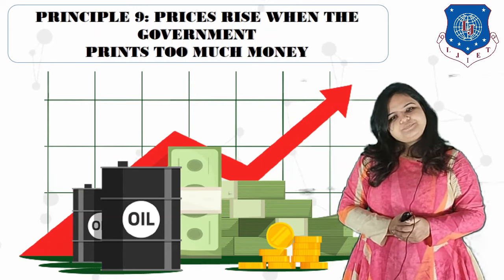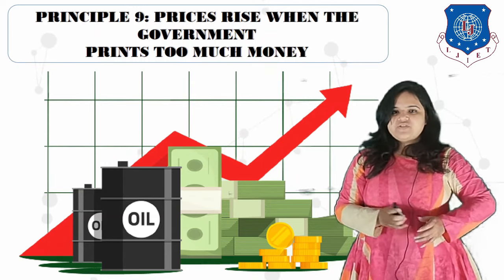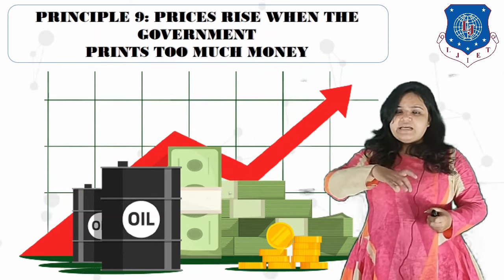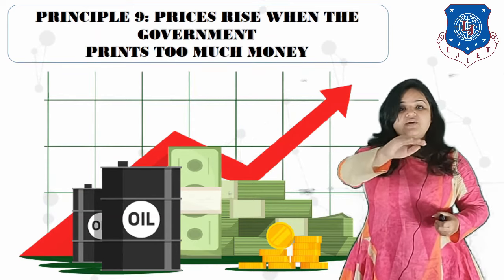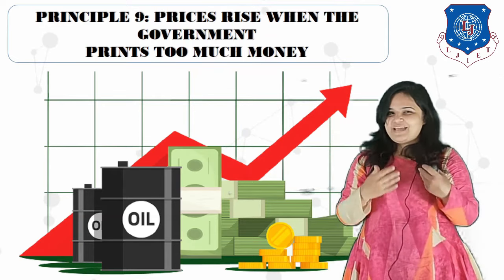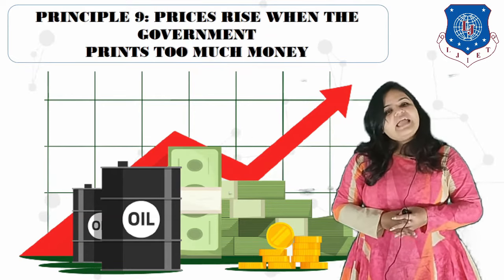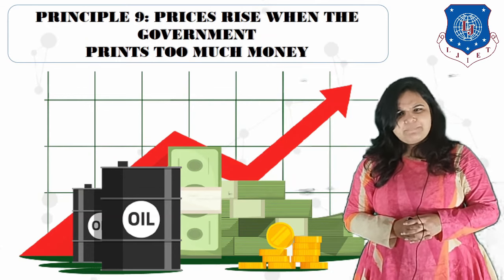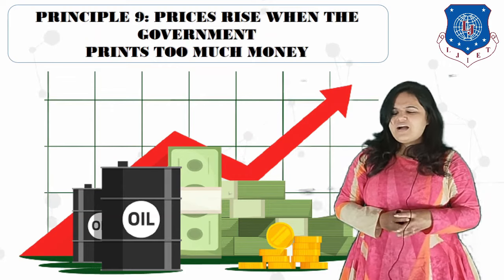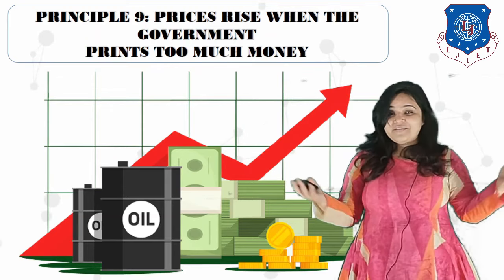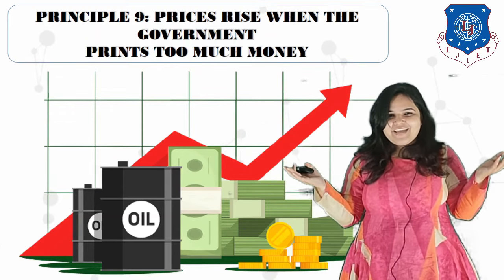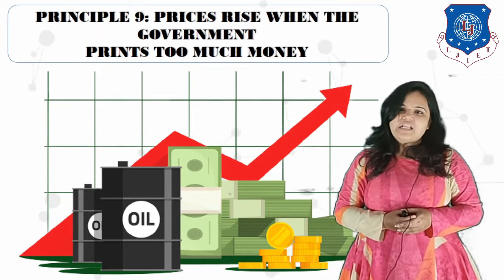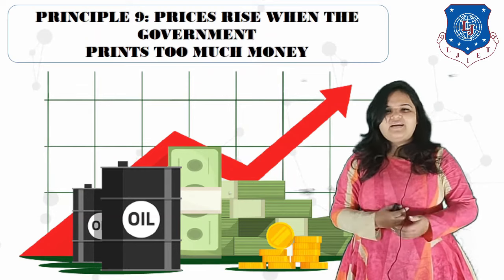Why so? Because imagine this scenario: the government printed too much money. It sent an envelope full of 10 lakh rupees to each of your houses, even to my house. In my account, there is an increase of 10 lakh rupees. I'm very happy because without toiling hard, without making these videos, I earned 10 lakh rupees for free. Oh wow. But this will create a bad impact.